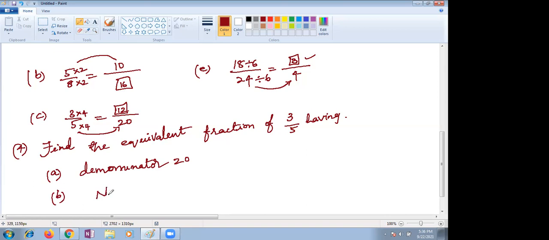B bit. Numerator is, I'm writing in simple form, children. NR means numerator. DR means denominator. For A bit, denominator is 9. And C bit, denominator is 30. DR means denominator, Nana. And the 4th one is numerator should be equal to 27. Now, you need to tell.